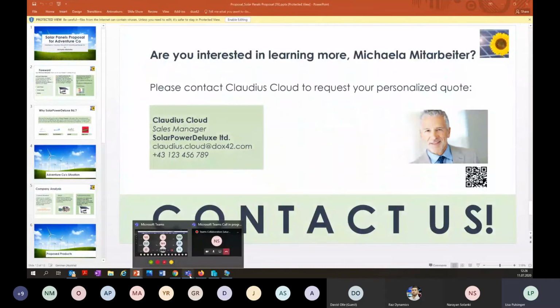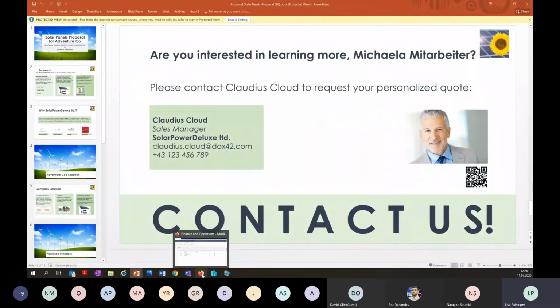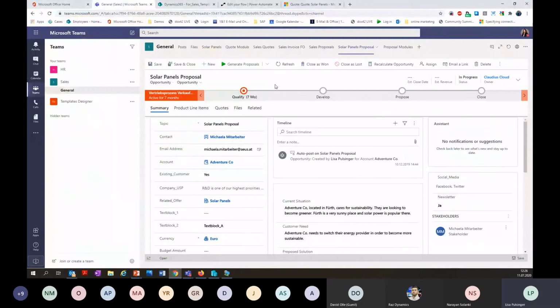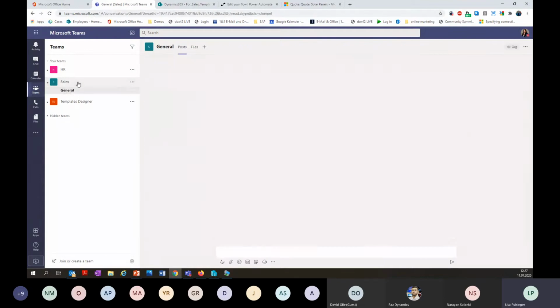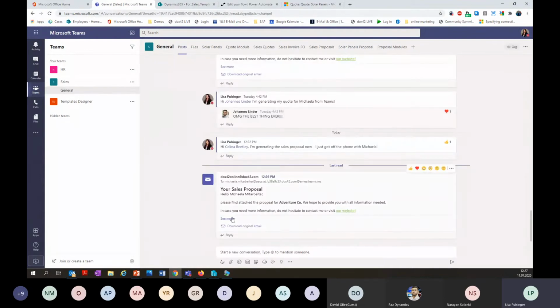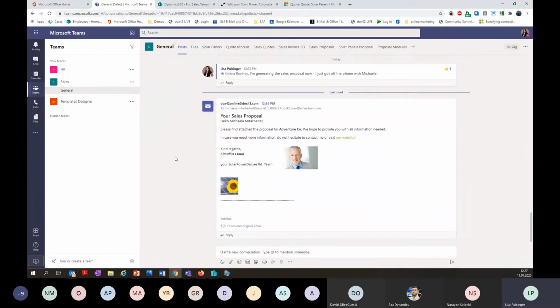And of course, what's really cool in here, because Claudius and his manager Selina have to keep having the overview of what has happened and what Claudius has done and sent out to the customer. So what has happened here, if I go back to my general overview, this email was also sent to my Teams channel. So everyone can see I've generated my presentation, and that was sent to Michaela. Here you can see that's exactly how we specified it in my template,